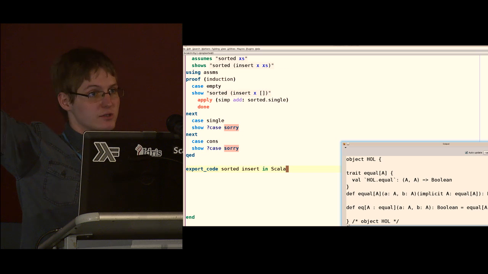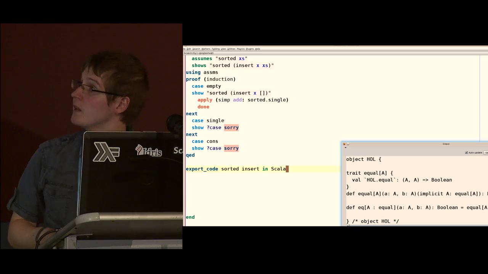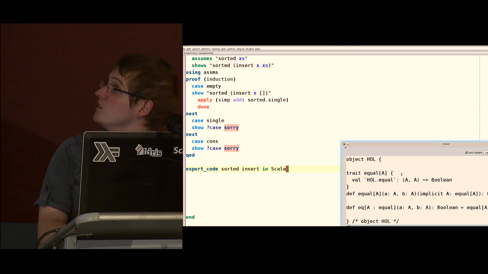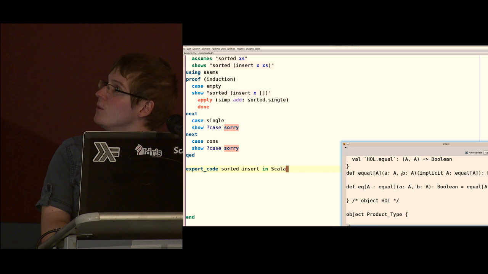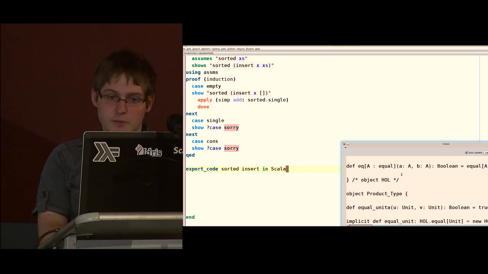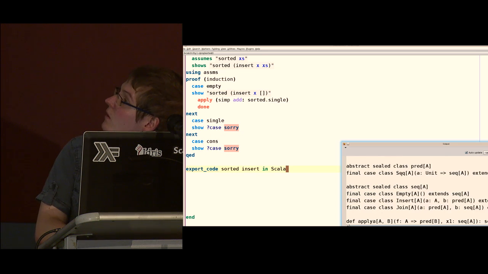And here's your Scala code. So you can actually have the system write that to a file and then just put it into the Scala compiler. And as you can see, there's quite some bit of boilerplate around here. So the system will define its own equality, type classes, and things like that, because it's a mathematical system, and mathematicians have their own idea about equality. And you have product types, tuples, and stuff like that. And then, wait, that's not it. Where is it?